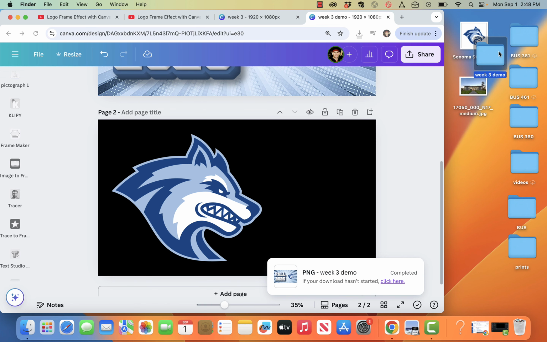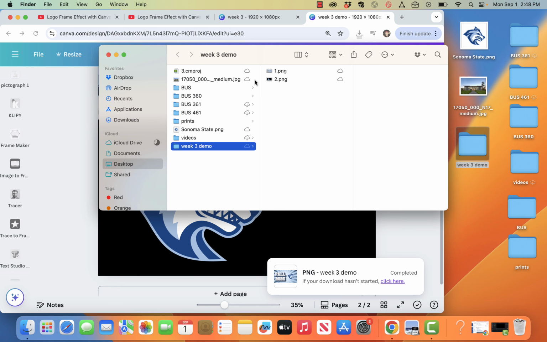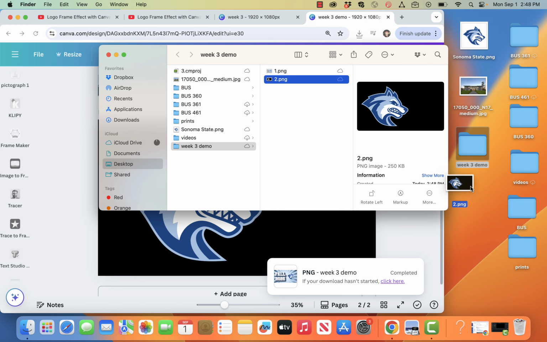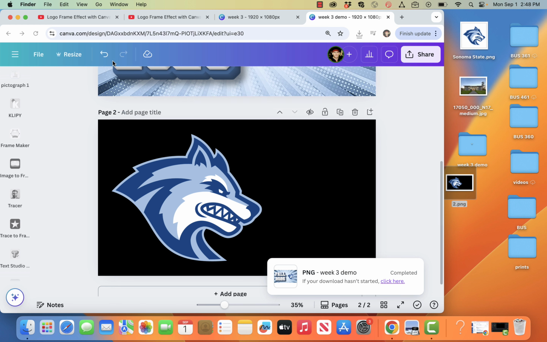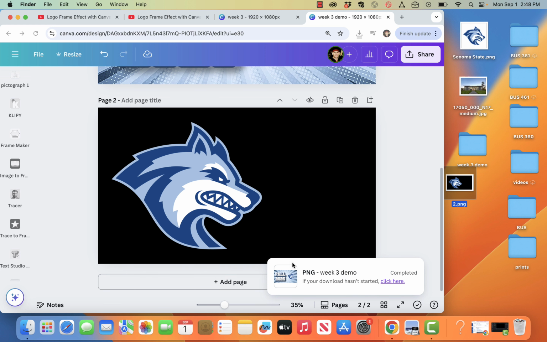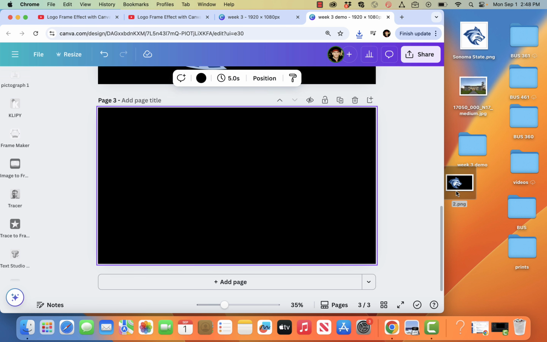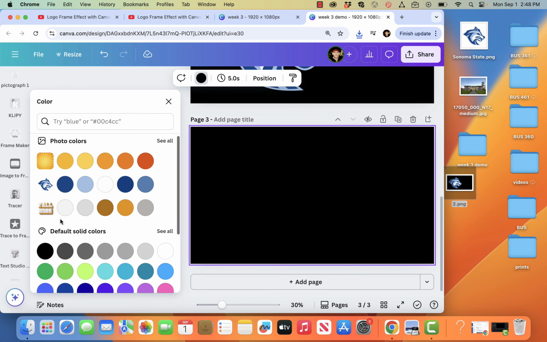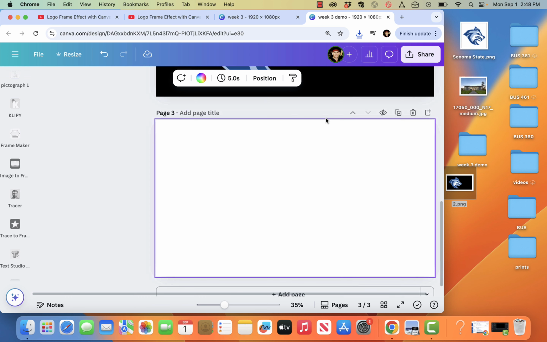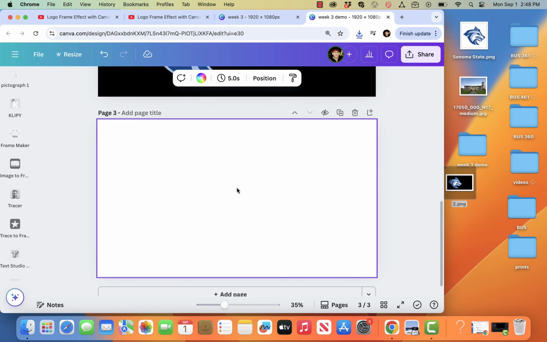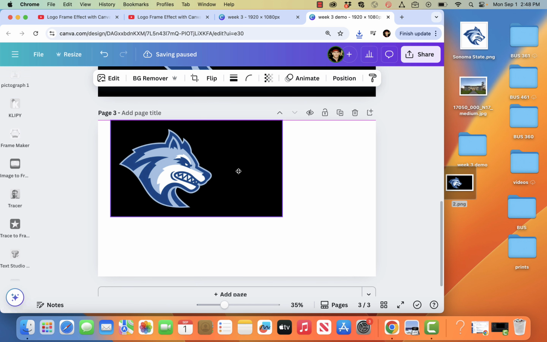Alright, so here's the image I want. This page 2, which I can now create a new page, and I think I'm going to switch back to white just for confusion's sake. Alright, so let's see. Let's get it